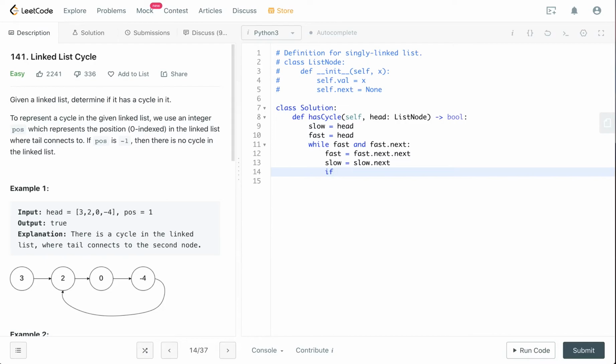And we will check, after moving, if our slow pointer is the same as our fast pointer. If it is, then return true, because there is a cycle. If not, we will just return false. So if there is no cycle, the fast